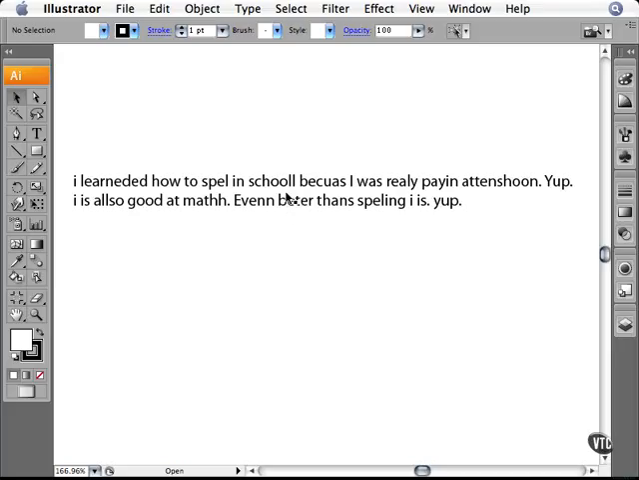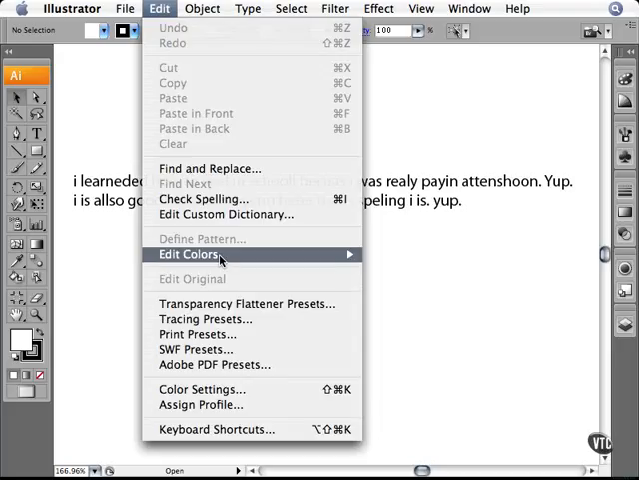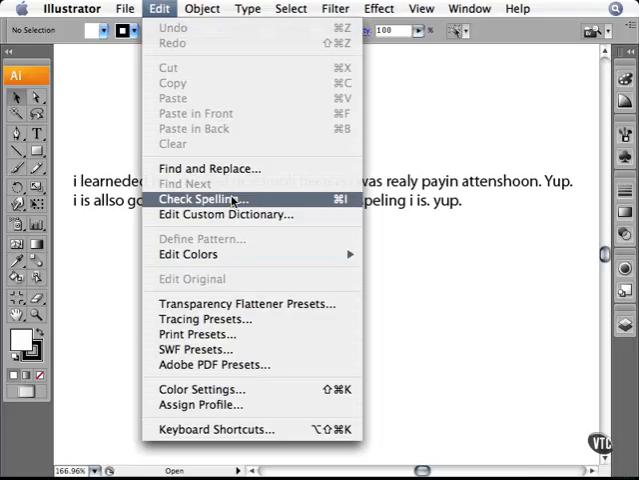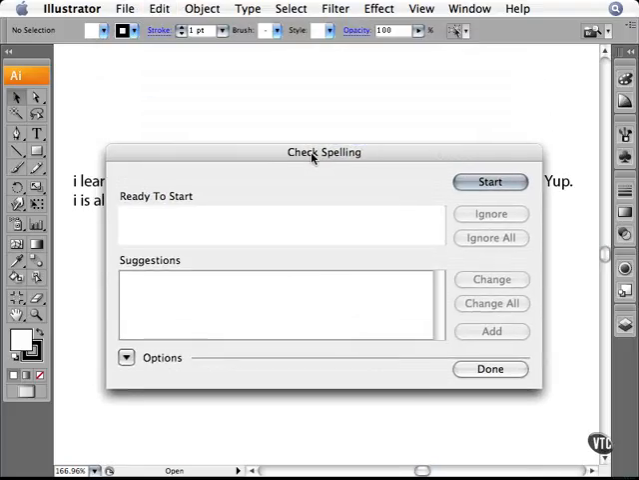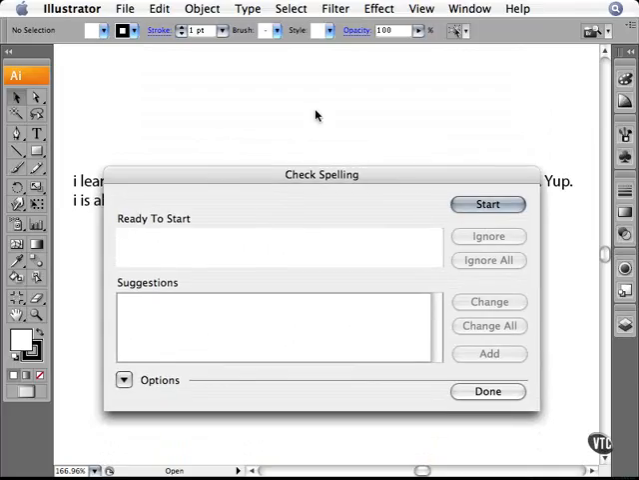So to change the way this spelling is going currently, we can go to the Edit menu and we can choose to check spelling, which is right here. What's going to happen is a dialog box will appear, and then it's going to ask you when you're ready to start to hit the Start button. When it finds a word that it doesn't recognize, it's going to present you with suggestions. Then you can choose to ignore those suggestions, ignore all,